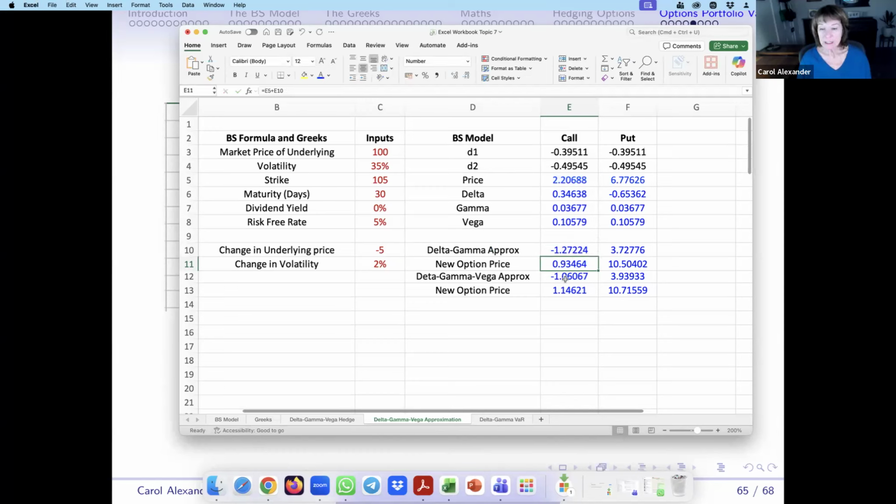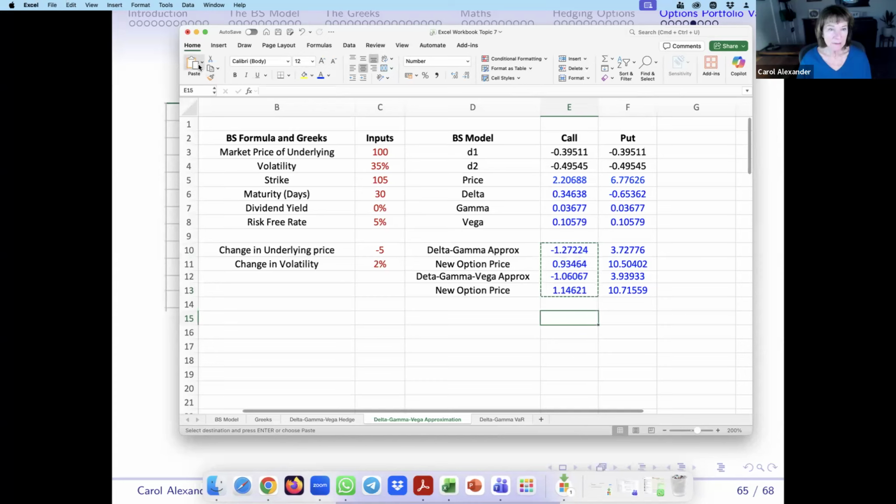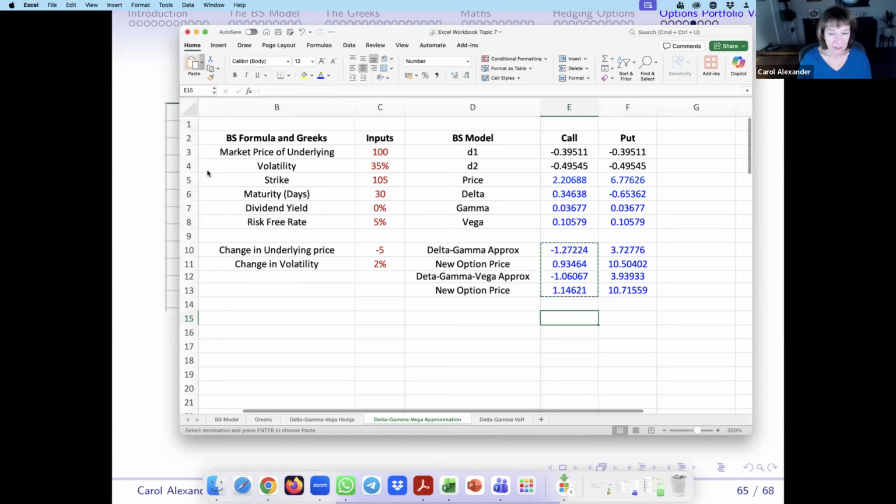And for the delta gamma vega here, we've got a different new option price. Now, it should be a little bit more accurate to use the delta gamma vega approximation. Why don't I just copy these and just keep an eye on them. Just going to paste them as values. Just the values there. Because what I'm going to do now is I'm going to look at this price here